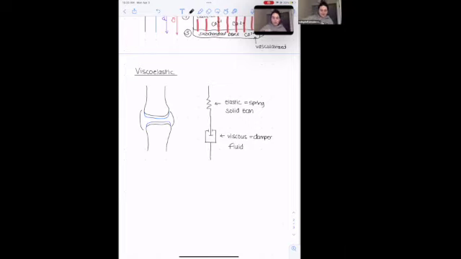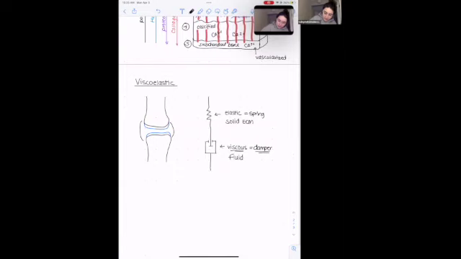So when you just smack down on that water, it's going to behave as an incompressible liquid. But the more time you give it and the more pressure that builds within there, it starts to move and flow out like we discussed before. And so that time dependence is what makes it viscous and why we need to model with a damper as well. So this is actually the Kelvin-Voigt model,